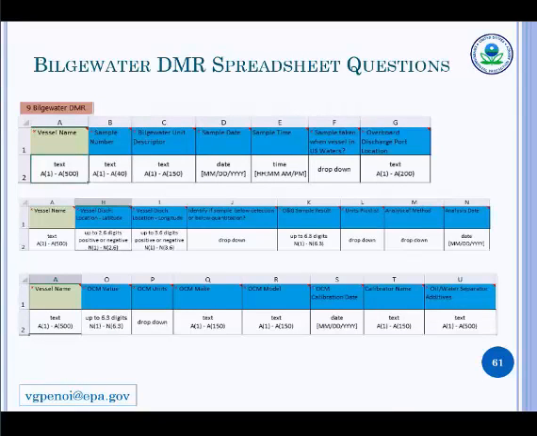But now, I just want to spend a few minutes walking through the bilge water and exhaust gas scrubber tabs. The bilge water tab's probably the easiest DMR to complete. If you have bilge water monitoring data to report, these are the cells shown on the screen that you need to complete the report. In many instances, you'll be required to monitor your discharge once a year and report that